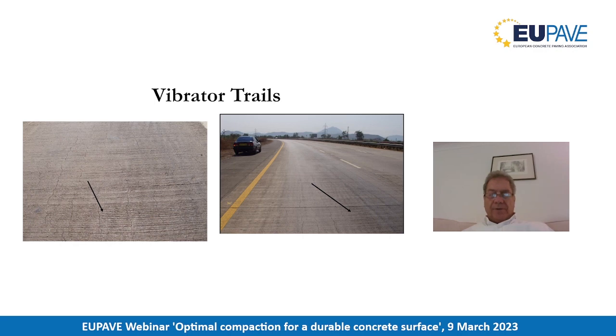These two slides identify vibrator trails. The arrows are highlighting an area where the vibrator trail has started to develop a longitudinal crack. And as you can see on the left picture, there are a lot of cracks appearing, all longitudinally. Similarly, on the right,